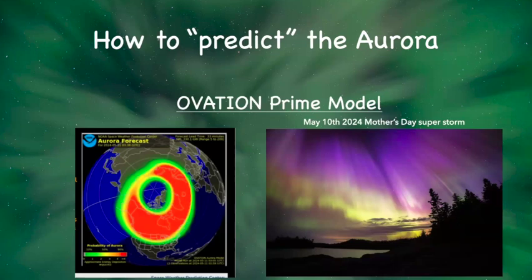It does turn out though that the predictions were correct because it was a massive, huge X-class flare, which is the highest class flare, that popped off, and it arrived, like the video said, in about 3 days. This one actually arrived in about a day and a half. It was about twice as fast as normal, and it slammed into Earth and rattled the magnetosphere for about 3 nights in total. And this is actually me on the North Shore,